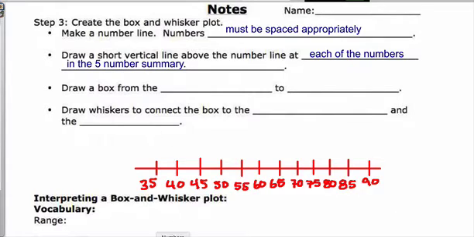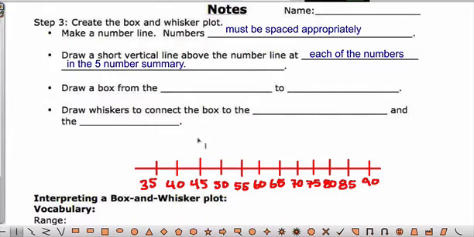So I did those numbers on the front of these notes, but our minimum is 40. So that means I'm just going to draw a vertical line above 40 here. Change colors. Just like that. And I'm going to do that for each of my numbers. So I have 45, then I have 75, then I have 80,